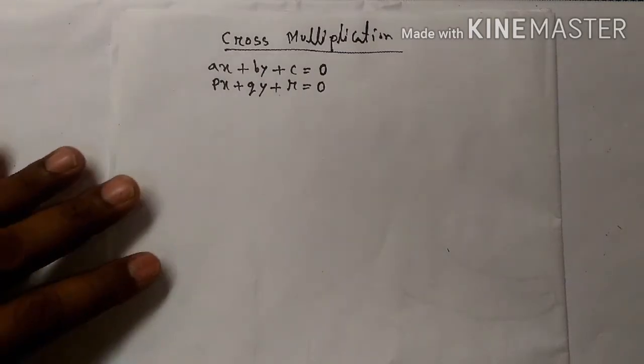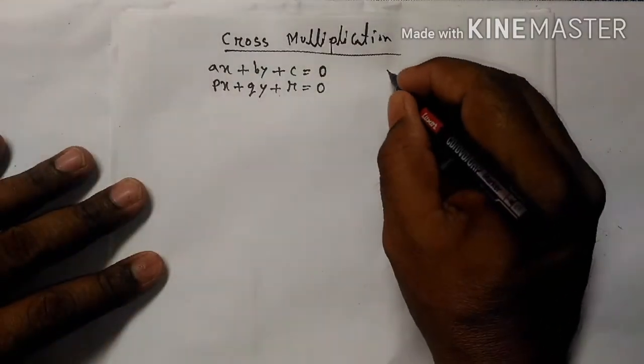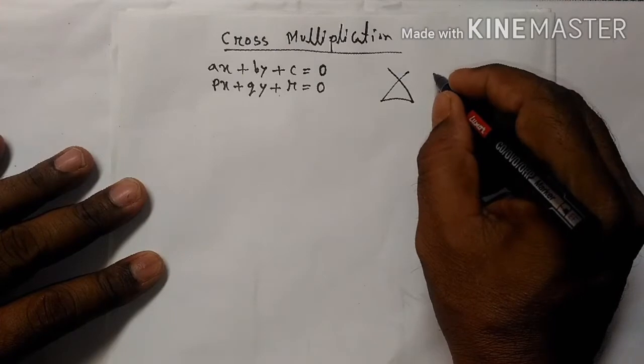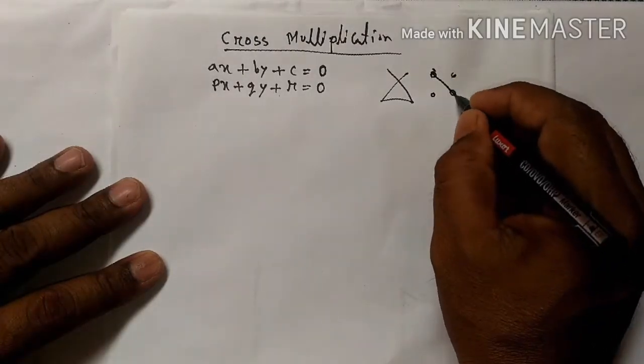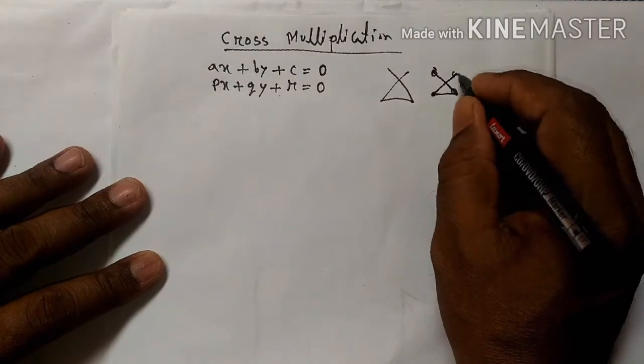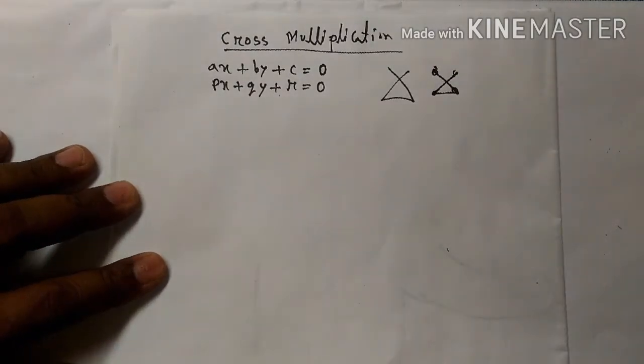If any question is given, we cross just in this way. So you have to just remember this one, this one, this one, this one. It will come this way and go that way. Just remember this cross symbol. After that it will be very easy for everyone.